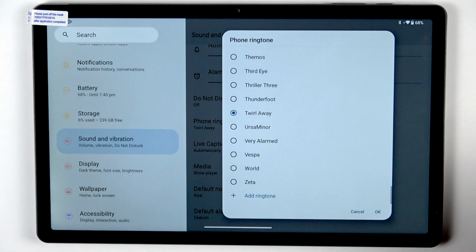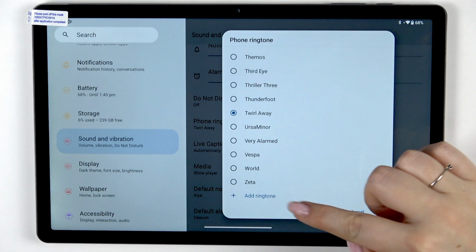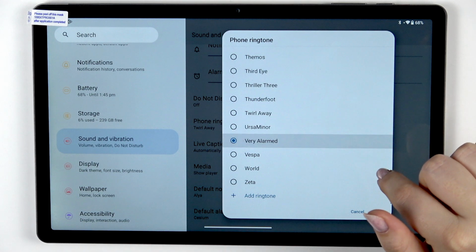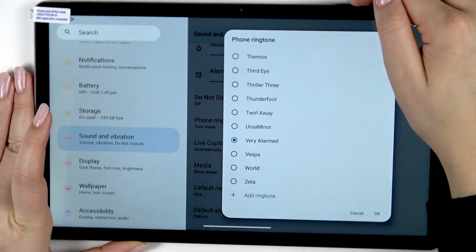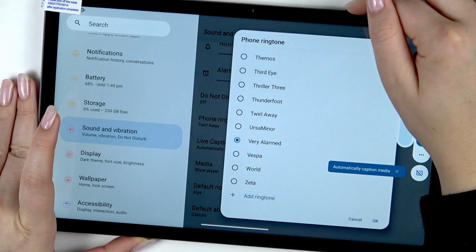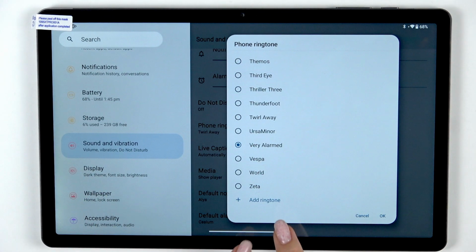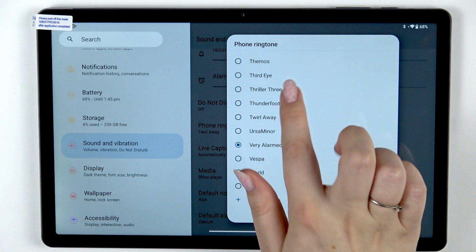And here we've got the list of pre-installed ringtones from which we can choose. At the bottom we've got the option Add Ringtone, which means that you can enter your own files and set the compatible file as your ringtone. Sorry, that's not what I wanted to do. If you've got something which is compatible, so for example you can record it or download from the internet, and